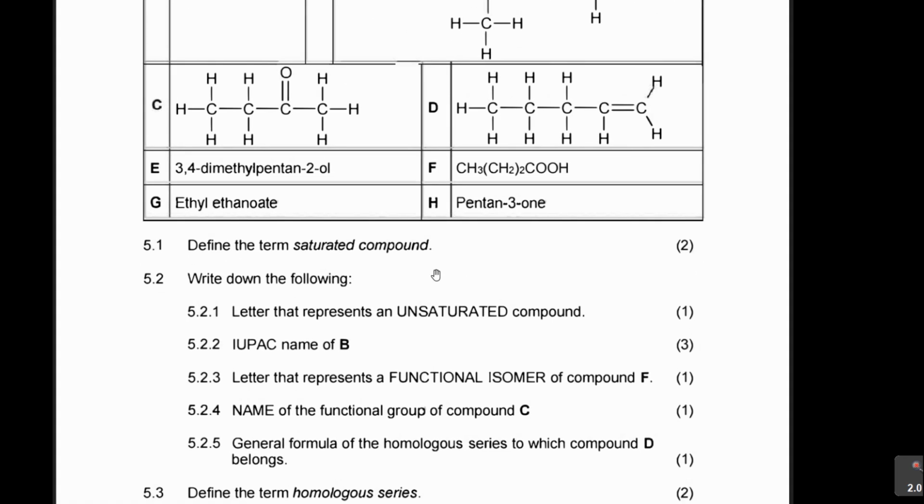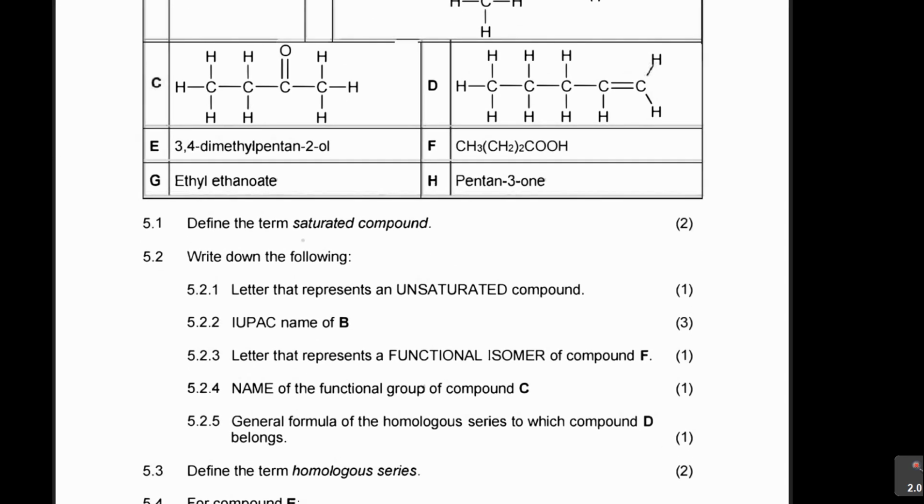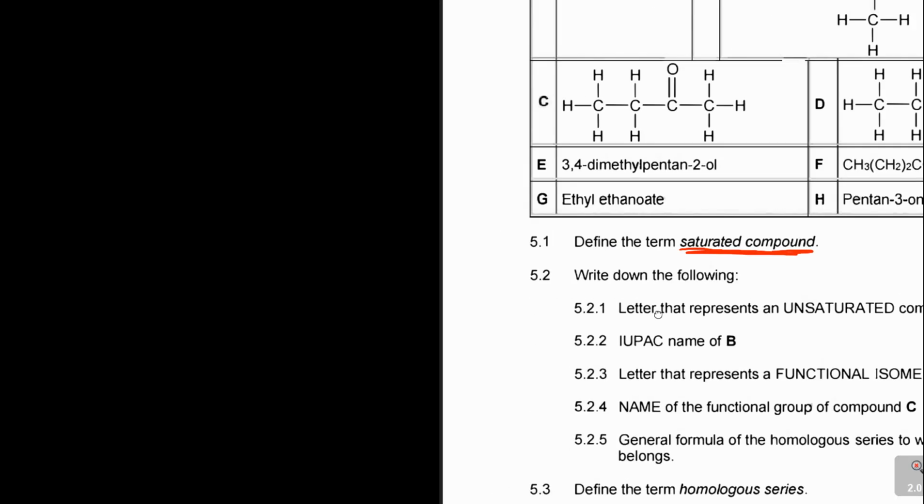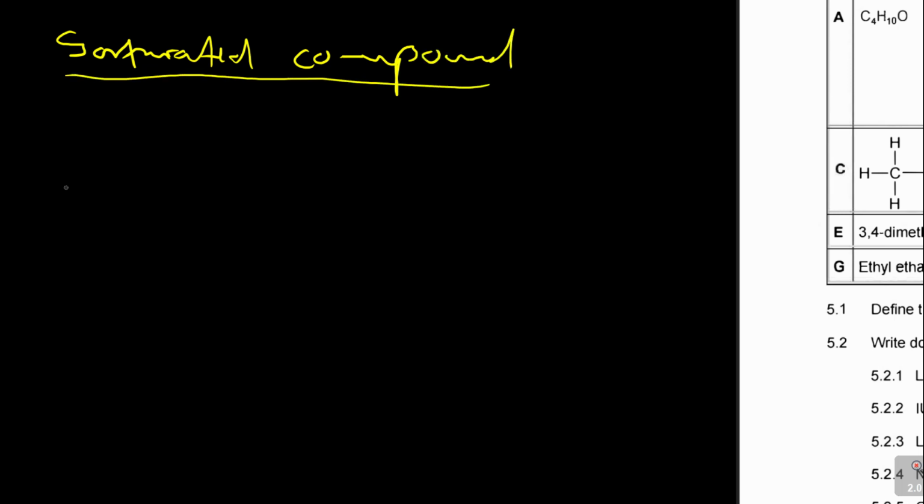Now look at this. Define the term saturated compound. How will you define that? What is a saturated compound? The word saturated there, we can quickly say a saturated compound. Remember, we're in organic chemistry. These are the keywords they will expect from you. Number 1, it's a compound that contains what? They say it contains only